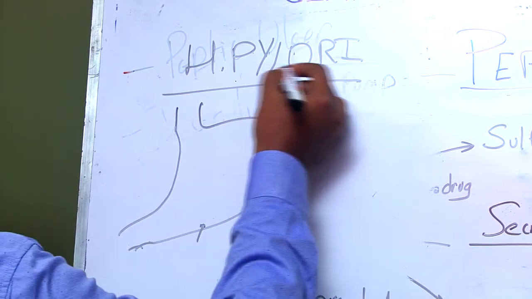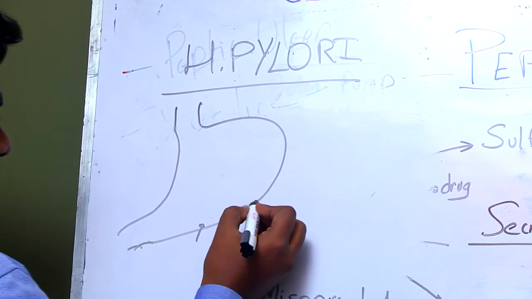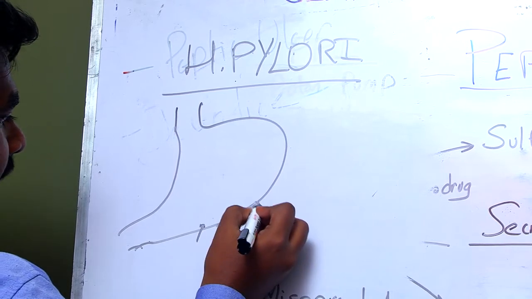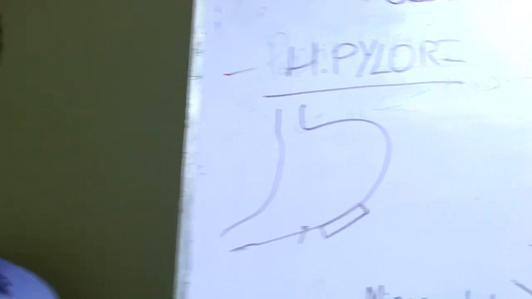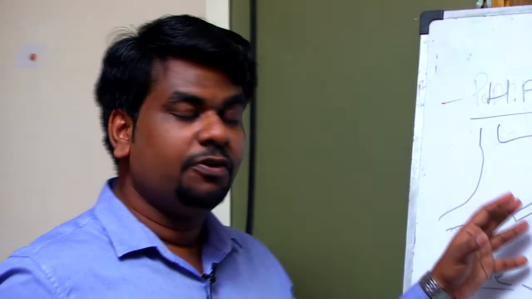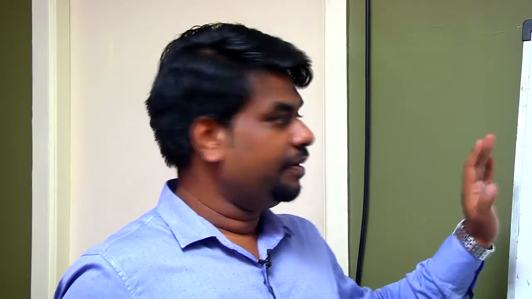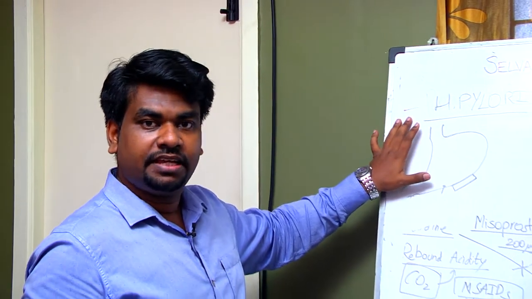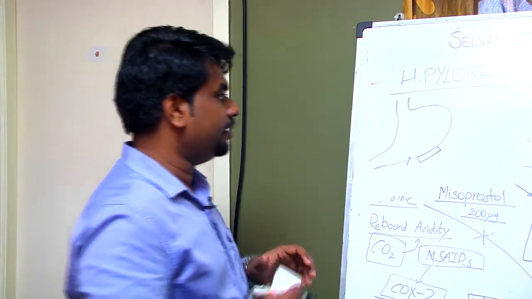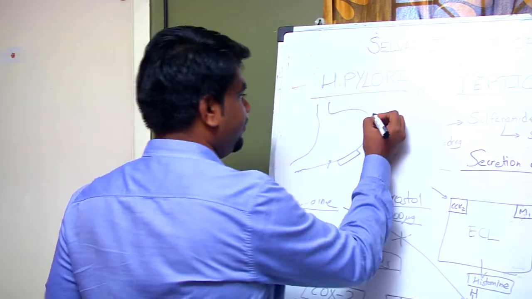So when the Helicobacter pylori starts acting on the layers of the stomach, what will happen? Any bacteria which you take will have its own toxins. Helicobacter pylori has its own toxins. So the knowledge of the toxins of Helicobacter pylori is vital in understanding what is going to happen with the Helicobacter pylori and how it will lead to the formation of peptic ulcer. So let's now see which are all the toxins which are secreted by the Helicobacter pylori. Two important toxins which are